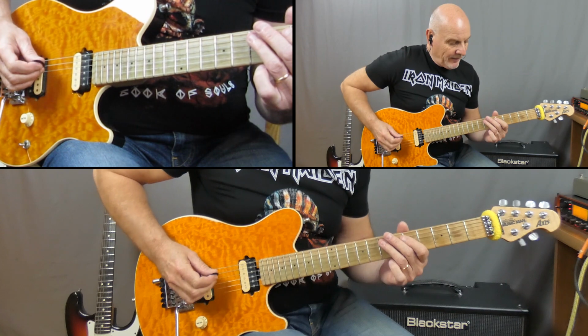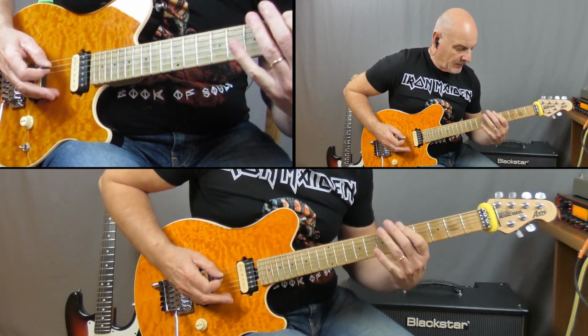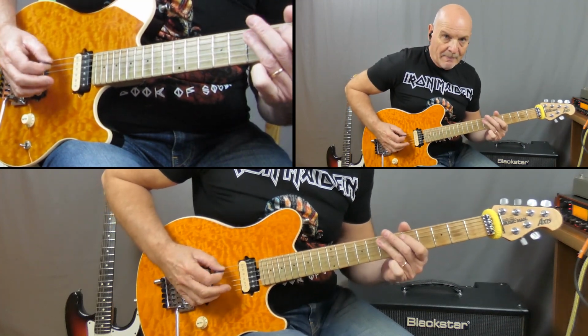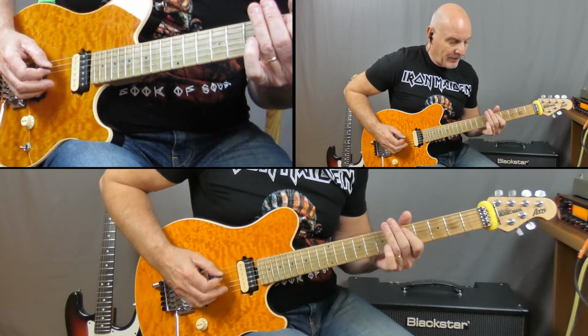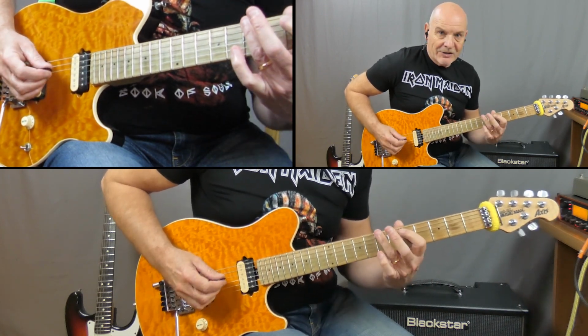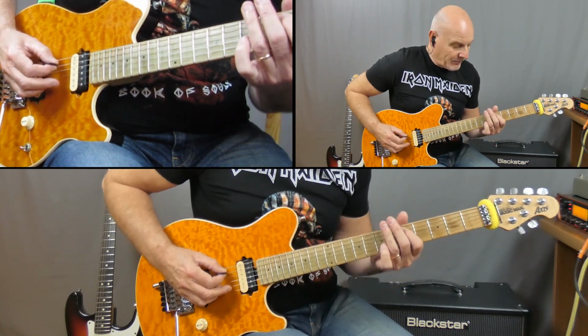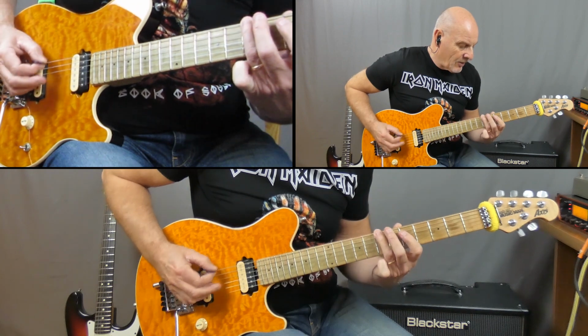And the final riff is very similar to the first one. I'm just doing a 7-5 on the A, to 7 on the low E, back to the 5 on the A, 7 on the low E, back to a 5 on the A, and then I'm doing a 7, 6,